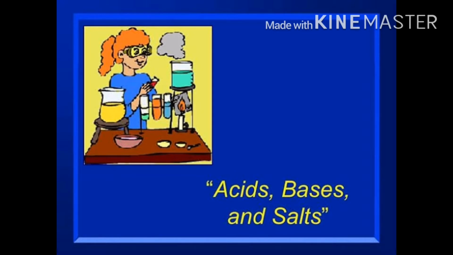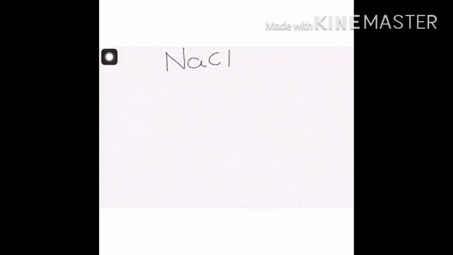We studied the concentration units last time, which is grams per liter, and molarity, which is moles per liter. We are going to solve numericals based on this page number 63 table. The first sum, NaCl, sodium chloride. What we are going to do is write the atomic number of this first.